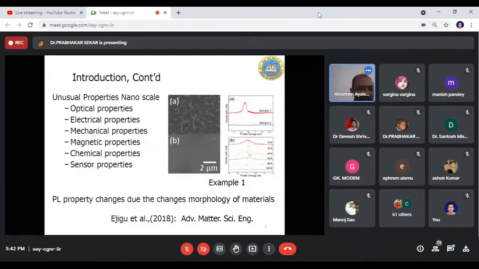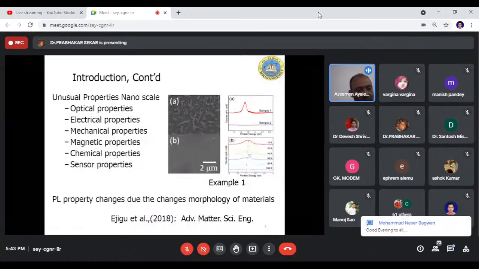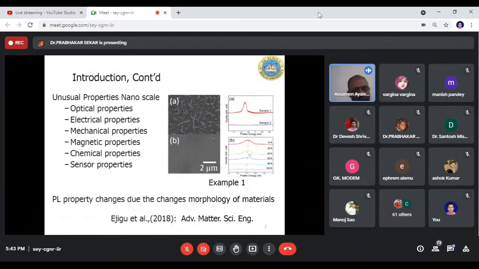For example, from this figure, you can see a certain SEM image. The figure on the right side, denoted by B, is a film, or you can consider it a bulk material. But the one above, represented by letter A, is a certain nanostructure. Some of the nanostructures are actually in microns, but most of the structures, as you can see from the image, are at the nanoscale. If we compare and contrast the applications or the functions of these structures,